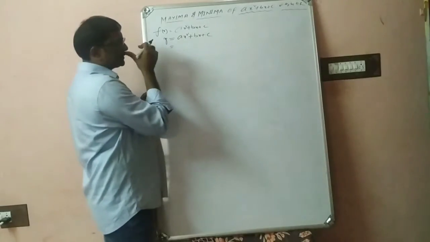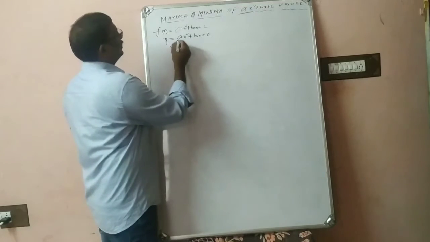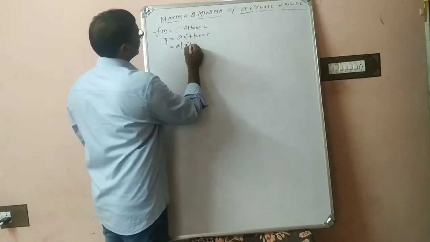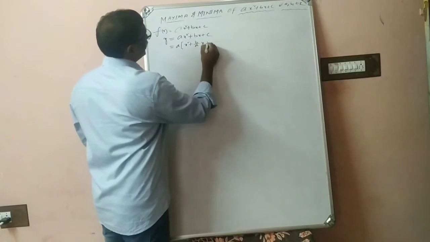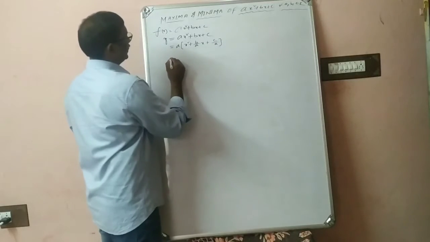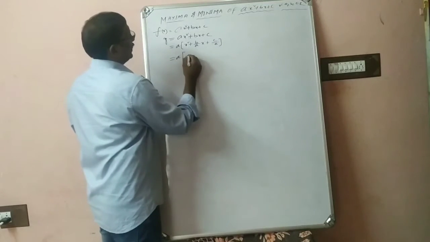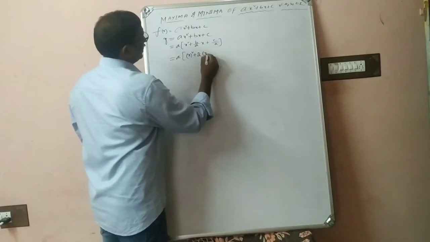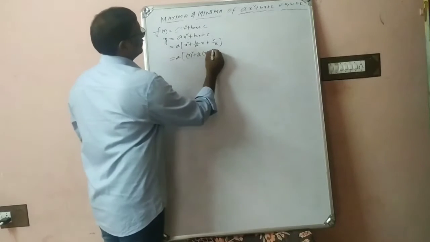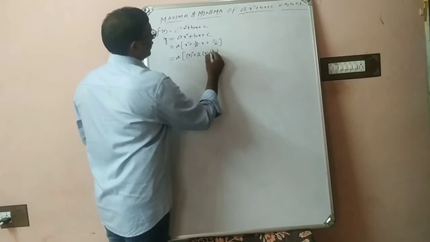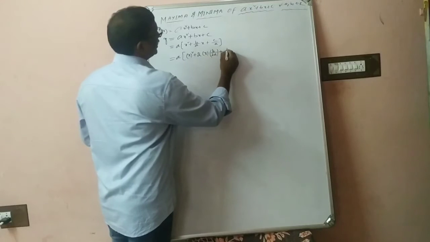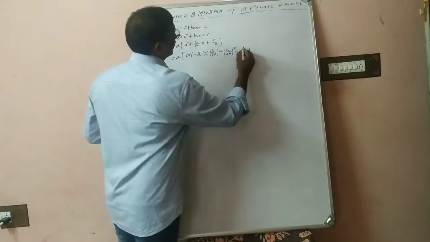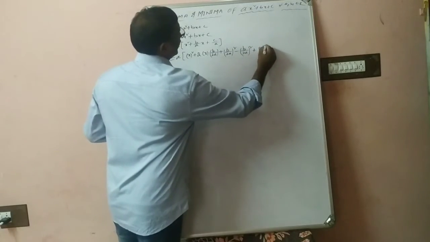Now this quadratic expression is converted into a plus b whole square form, like in the previous class we completed. So from this you take a common: x square plus b by a into x plus c by a. So a into (a plus b) whole square, a square, plus 2ab. I want 2ab, where a is x and b is half of the x coefficient, so b by 2a. For b square, add b by 2a whole square and subtract b by 2a whole square, plus c by a.